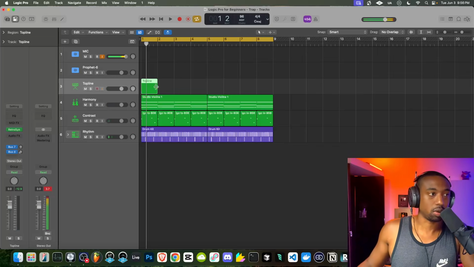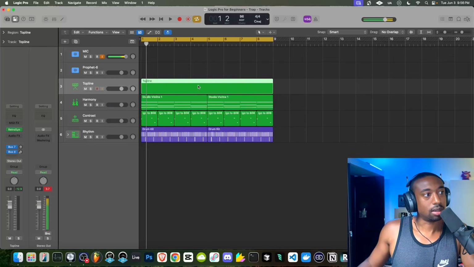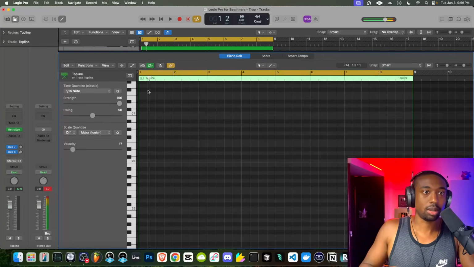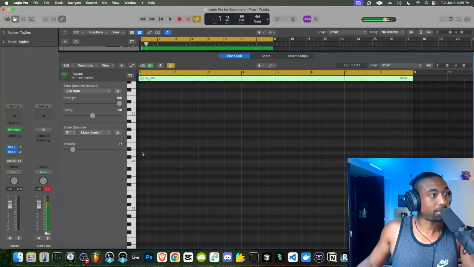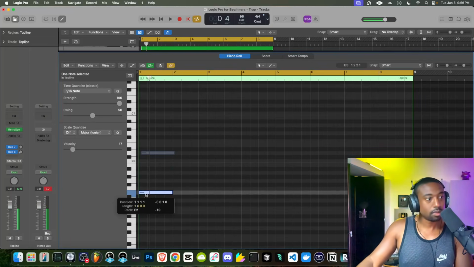Again, I'm going to show you guys how to draw it, even though I played that by hand. Playing by hand gives you more detail because you're creating different velocity changes. What I'll do is I'll show you guys how to draw it in, but then I'm going to record it by hand. Okay, so I'm playing the root note, which is D. So let's hit Command in this case. So I'm down an octave.